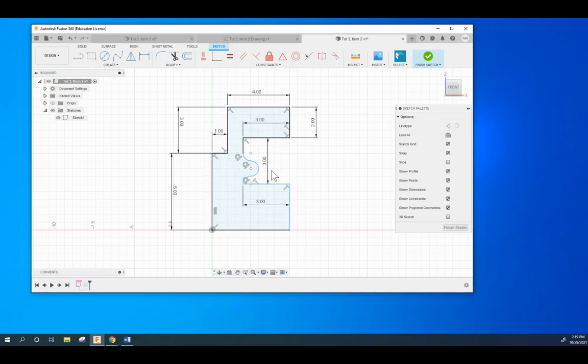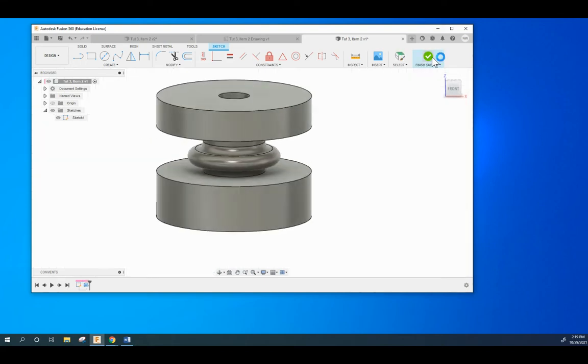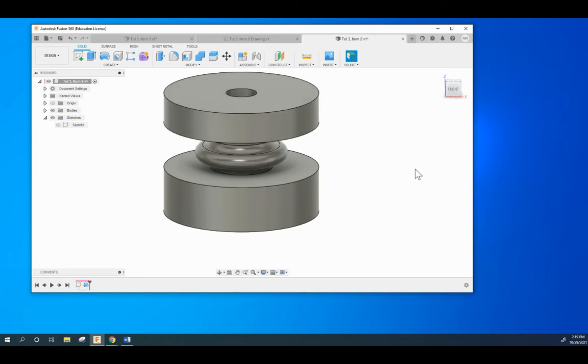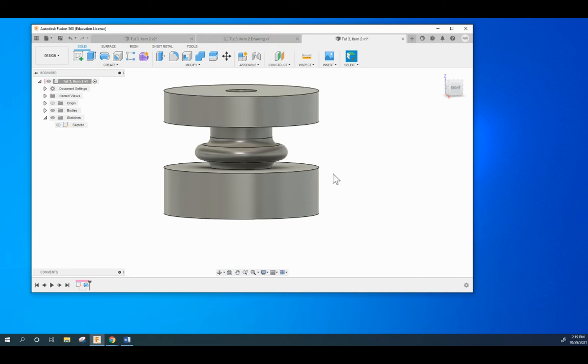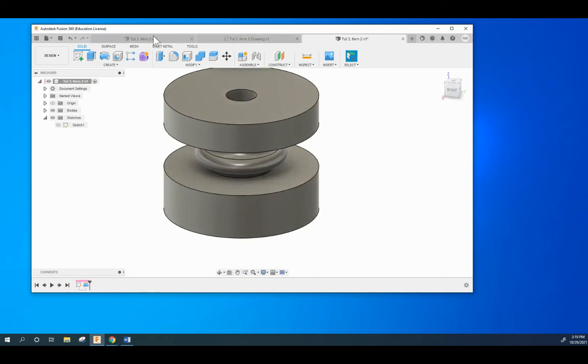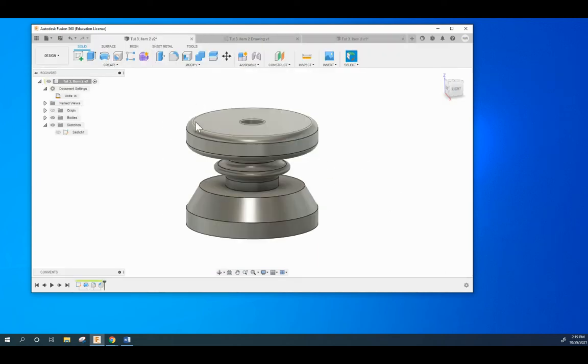I just wanted to make that feature. So when I go ahead and hit Finish Sketch now, it updates, and now I have that strange third nub or bump out thing in there. Okay, going back, we want to go ahead now and fillet these edges to round it off, and then we're